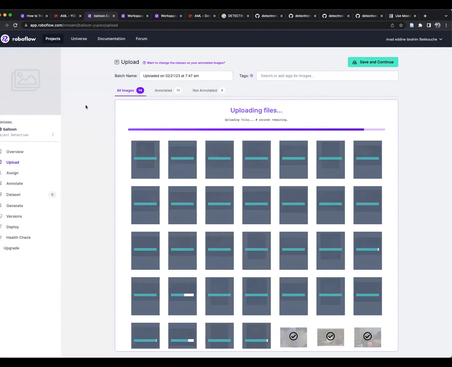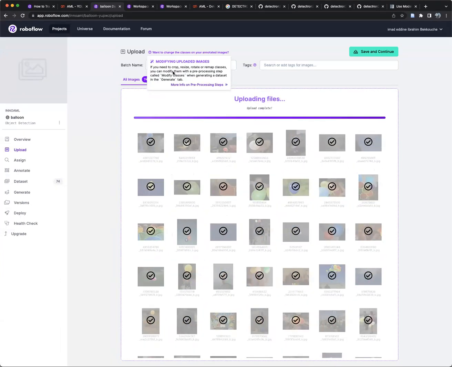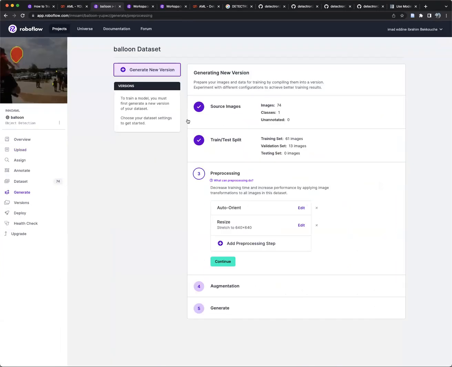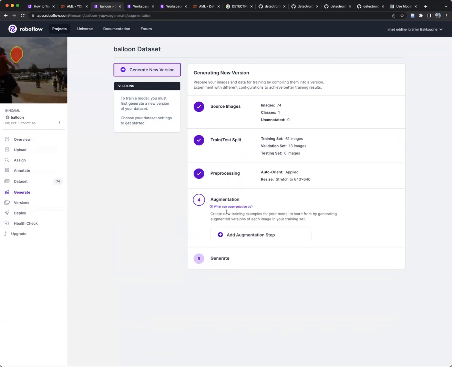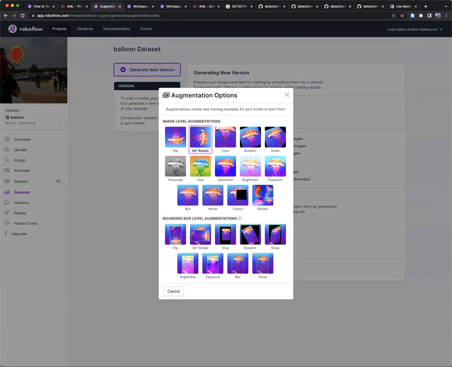So this is RoboFlow. RoboFlow is basically a library that allows you to handle data sets, right? So it allows you to annotate data. It allows you to upload new images, annotate them, collaborate with your friends. And in the end, you can create different versions, basically different processing. You can do some augmentation. You can flip the images, rotate them, crop them, shear, grayscale, hue, do any of